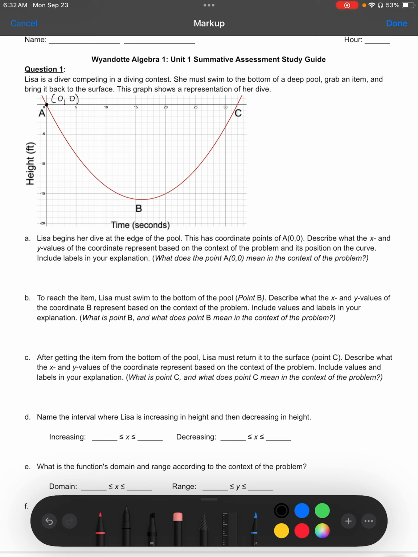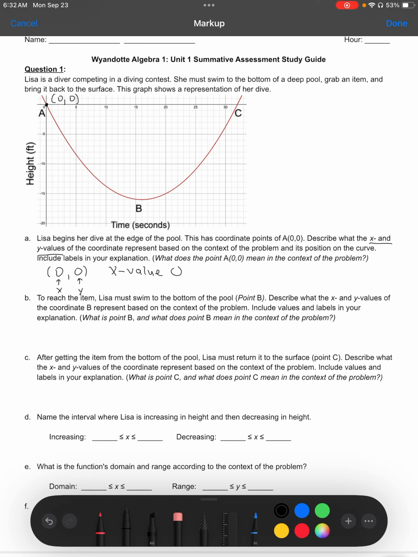So when this says to describe the x and y values of the coordinate, that's saying what do the x and the y value mean? So if you have this point A, which is 0, 0, well, this first 0 is the x value. The second 0 is the y value. And it's saying to describe what the x value and the y value represent based on the context of this problem. So the x value